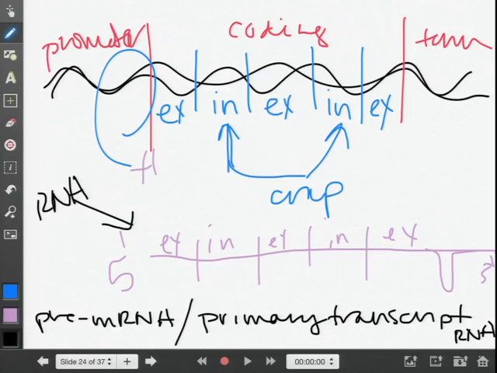Before we can turn this pre-mRNA, this primary transcript, loose into the cytoplasm for translation, we have to process it. We have to do stuff to it to make it ready for translation. We put a 5' cap on the 5' end, that's why it's called 5'. We put a whole bunch of